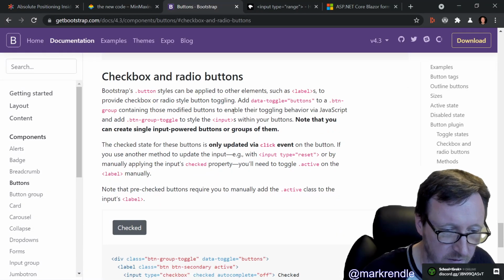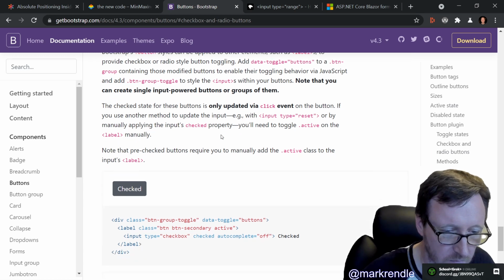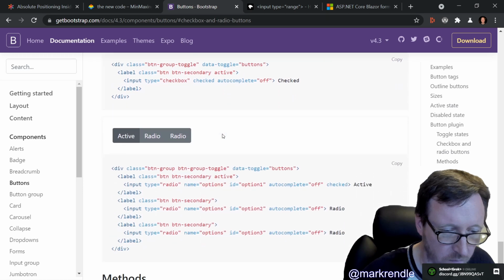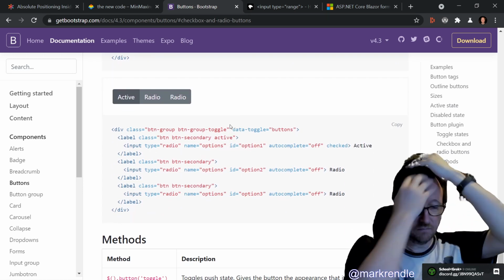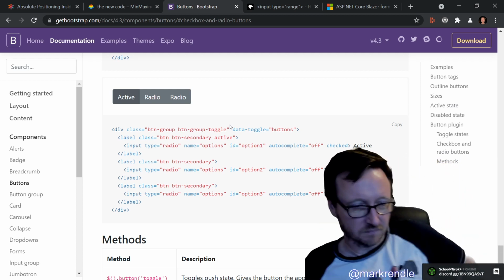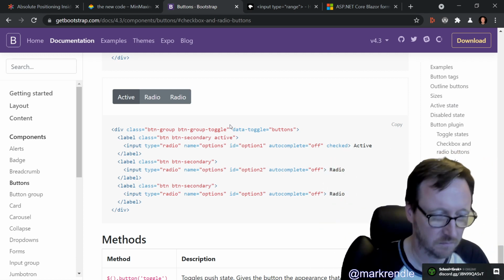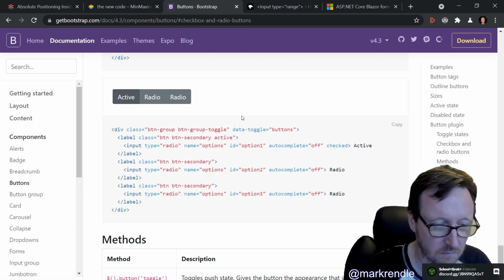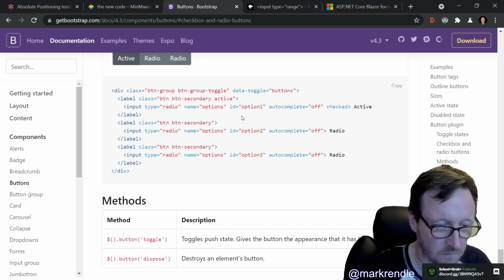Add a to enable their toggling. Right. So we've got to